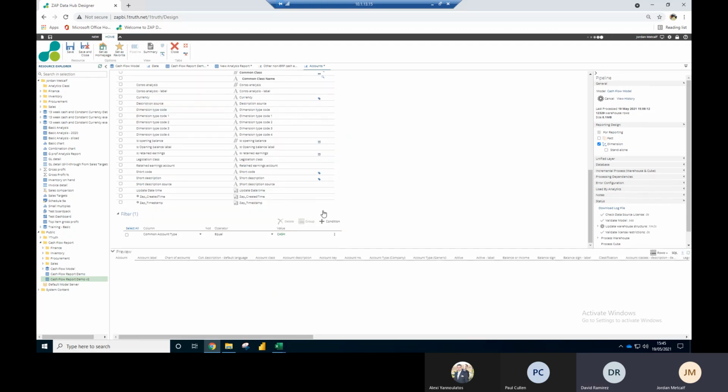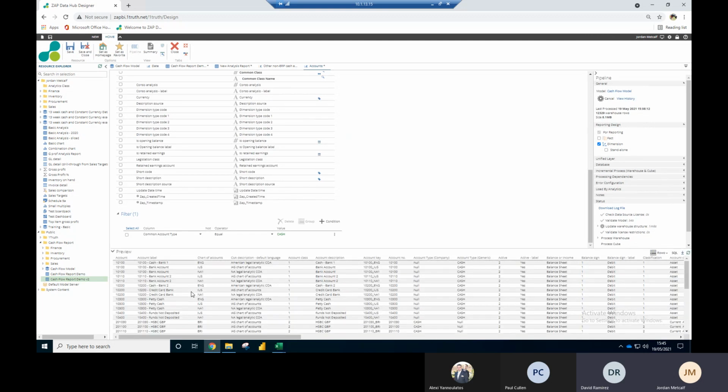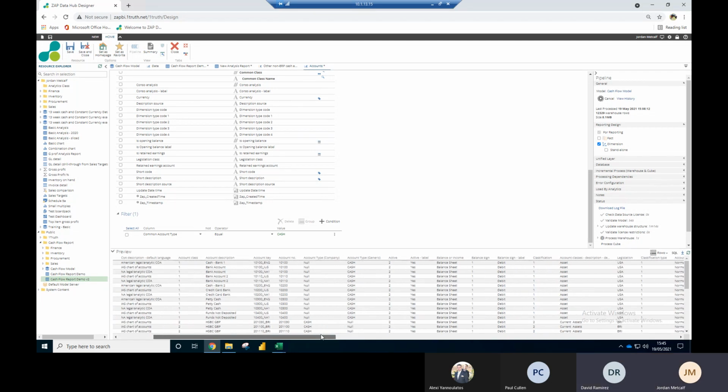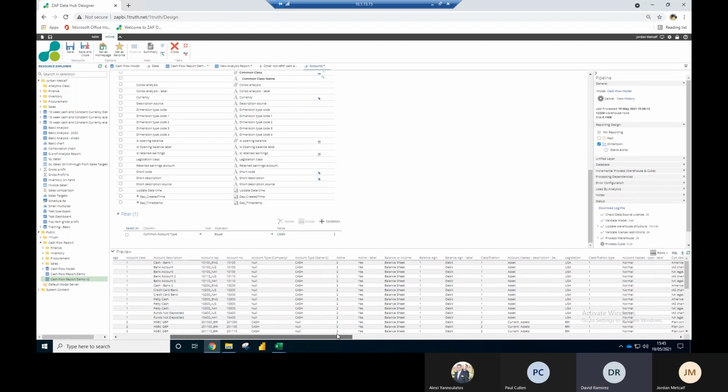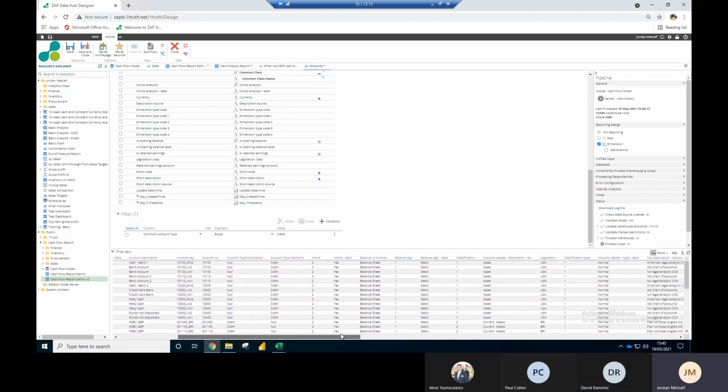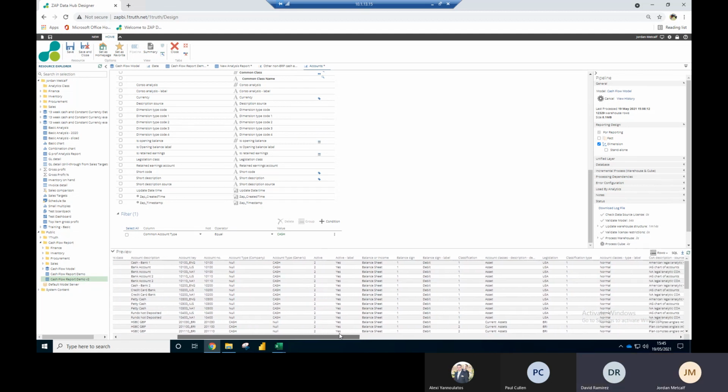I mainly use this thing for data validation. So basically, when it comes to accounts, which is the chart of accounts, we have one account type, which is like the hierarchy. So basically, these are all the bank accounts that we have here in the data source. Okay. I am thinking that